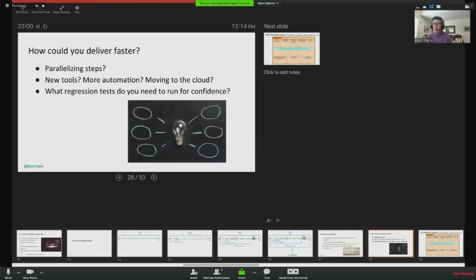So again, thinking about the things you could do to make it more effective, things you want to automate. So many of us are running cloud native applications now. What can we host on the cloud? How could we benefit from the cloud? And the things that it gives us. So for example, for testing,